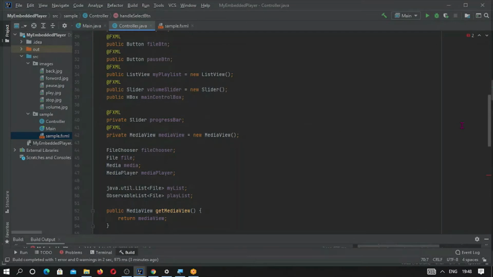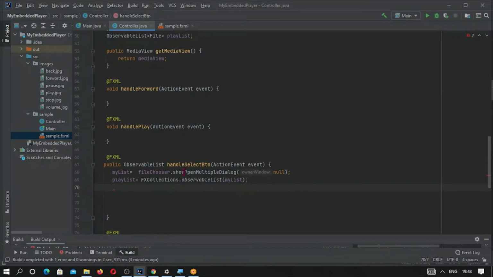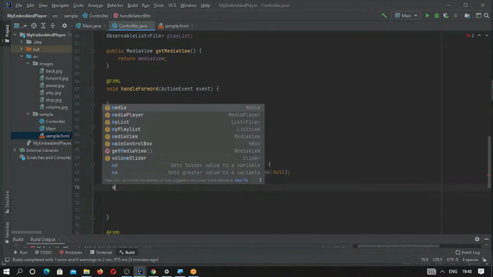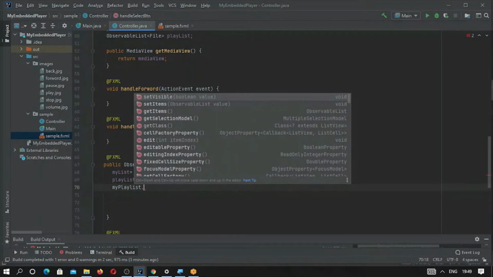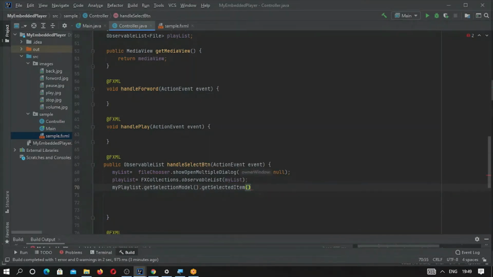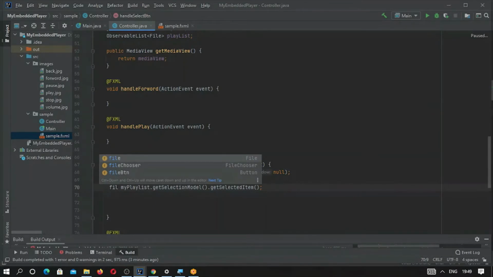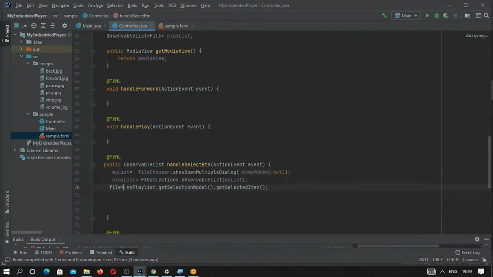It is myPlaylist. From myPlaylist, which is a list view, dot getSelectionModel, dot getSelectedItem. And this selected item will be of type File, and let me cast it.